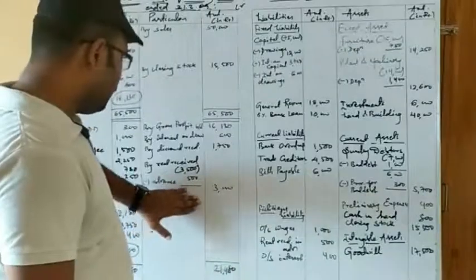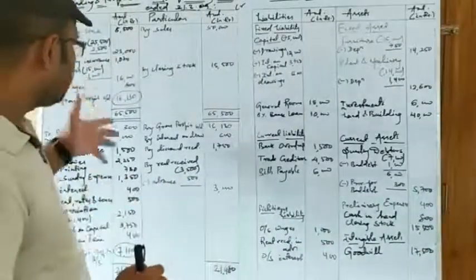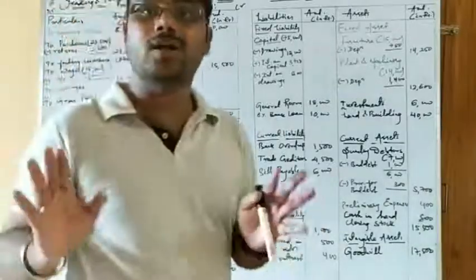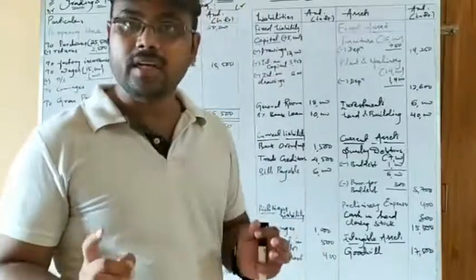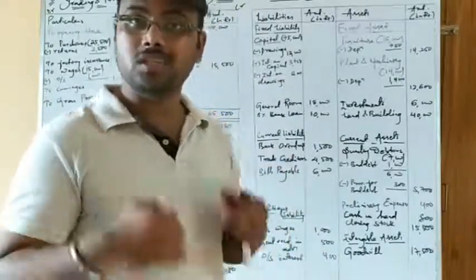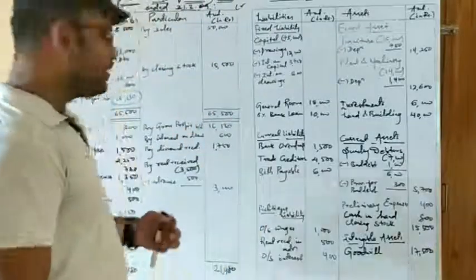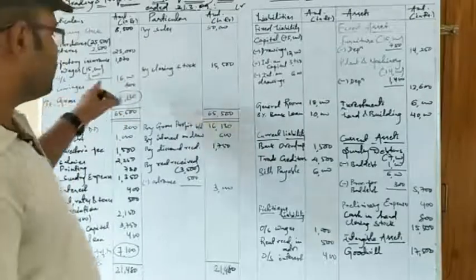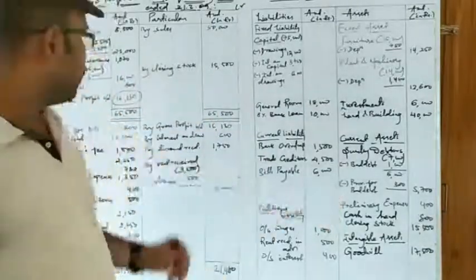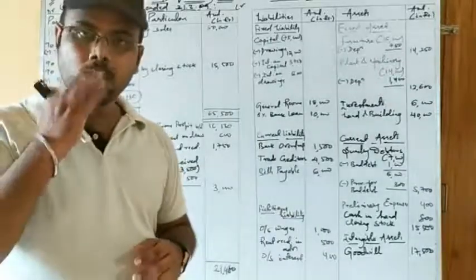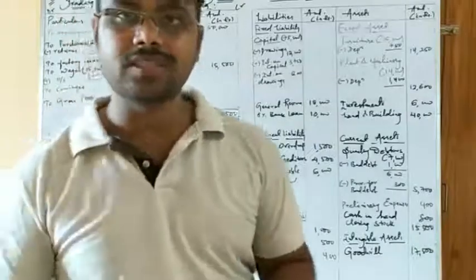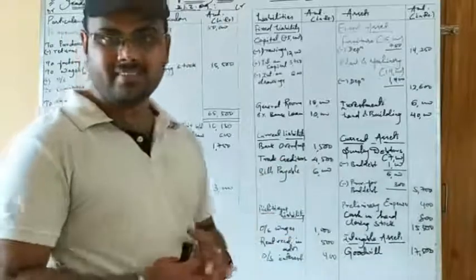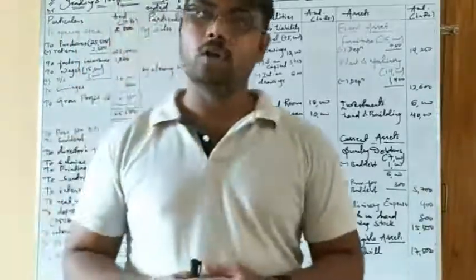Okay, so I insist you, please go through the calculation again and again until you get the correct answer. It is very rare, a 0.01% chance, that you will get a wrong answer in the book. Answers in the book are always given correct. If there is a mistake, please go through the calculation again and again until you get the correct or precise answer. Okay, so this is the gross profit that we have got, 16,130, and we have left two items, that is carriages and preliminary expenses, which I have put over there. Okay, so carriages inward, as you know, is taken as a direct expense in the absence of information, and preliminary expenses are fictitious assets, because as you know, these are the expenses made for the incorporation of a business organization.